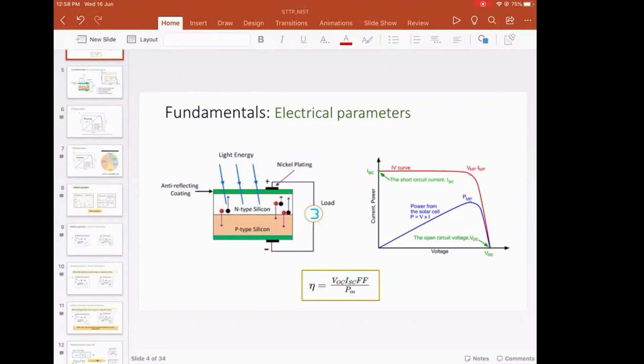Actually, I have so many things to say about solar cells, and not only about basics. A solar cell is quite a vast kind of device. If I want to tell everything, I would love to, but because of this time restriction, it is not possible. So we have to arrange the talk in such a way that most of the important parts are covered.